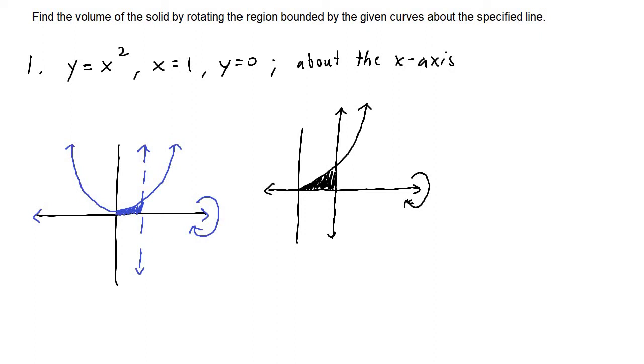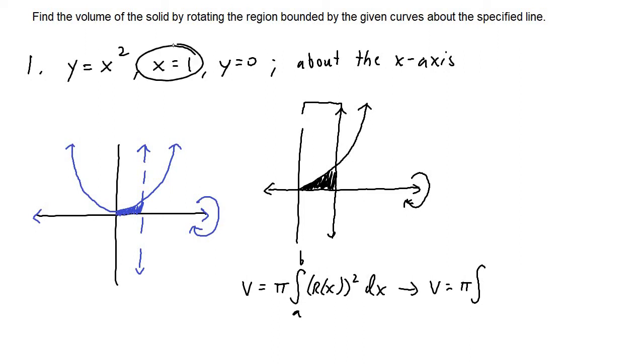Now because we are rotating about the x-axis, we have to put everything in terms of x. So we're going to use the formula where the volume equals pi times the integral from a to b of r of x squared times dx. Now if I were to rewrite the formula filling in the information, the volume is going to equal pi times the integral. Now a and b are just our x bounds. So our x bounds range from 0 to the line x equals 1. So we can say it ranges from 0 to 1, so the integral is from 0 to 1 of our